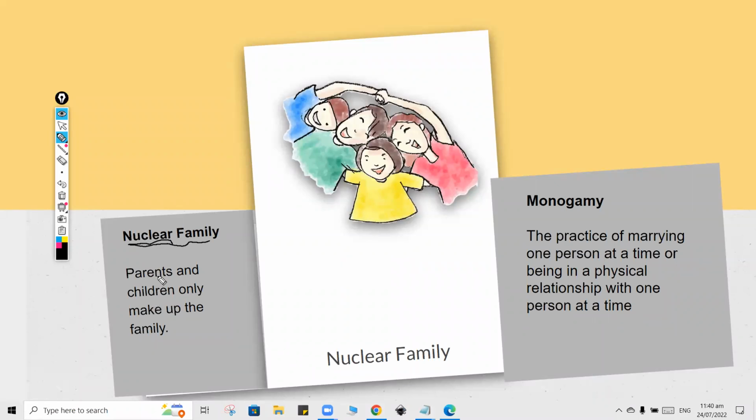And this is made up of parents and children only, right? Now, the children could be by blood or they could be adopted. So let's make sure we remember this, right? They could be by blood, so biological children, or adopted,